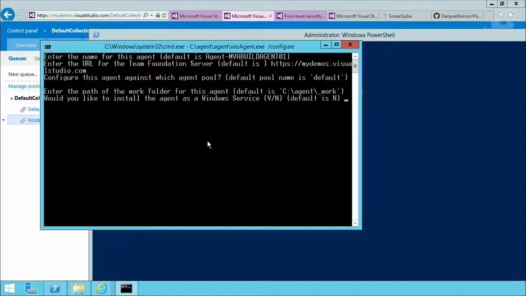And now it's asking me a very important question. Do you want me to run this as a Windows service that's going to start automatically every single time I reboot the machine? Or do you want me to run this in what we call interactive mode? Now, why would I choose one over the other? Interactive mode is going to be very important when you're going to want to run user interface type of tests that are going to have to interact with the desktop, because traditionally and by default Windows services cannot interact with your desktop. So I'm going to go ahead and say no here, which is the default, just so that you can see what the window looks like after it's been running, and we can actually see the output. But if you were to choose yes, it would simply ask you for the